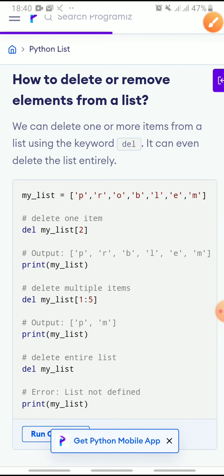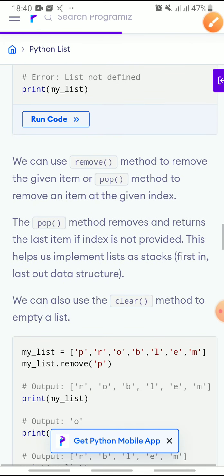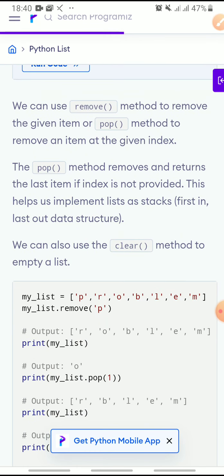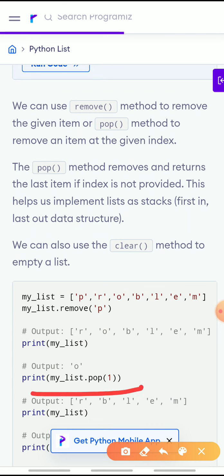In the pop method, if there is no index, then it will remove the last element. But if I give the index, then it will remove the element at that index. If I don't write any argument and it is empty, then it removes the last element.